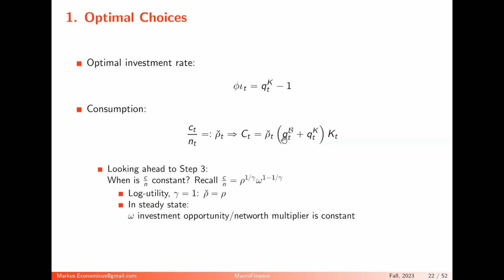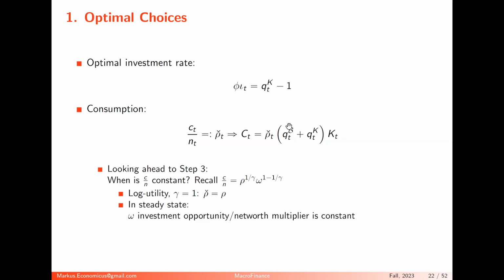That's my consumption net worth ratio times the net worth. What's the total net worth in the economy? Total net worth in the economy is the total wealth of all the machines, so QK times K, plus the wealth which comes from the government bonds. Okay, that's QB times K. So that's the total wealth in the economy for all citizens. They all want to have a consumption net worth ratio. Remember, they all have the same time preference rate, rho. And that's what they want to consume, the total demand for apples.